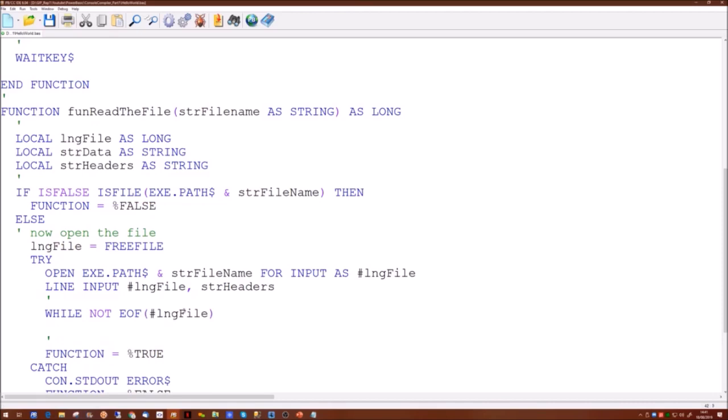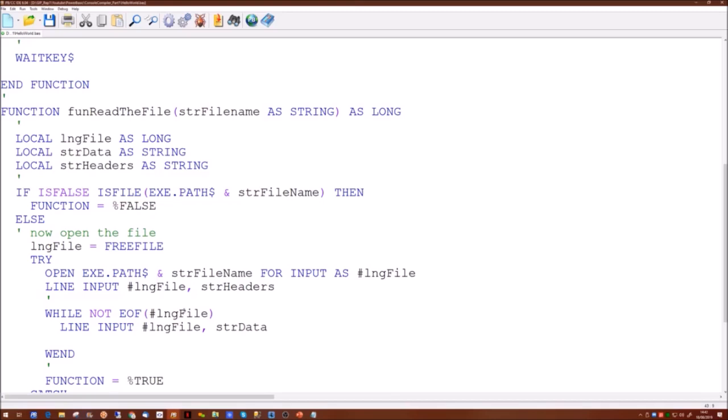So what we're going to do is a while loop. Basically, while we are not at the end of the file handle, this loop is going to continue running until it gets to the end of the file, however many lines that is, whether it's 2 lines or 2 million. And each time it runs around this loop, we're going to pick up the next line into this str data variable, and we can then do things with it.